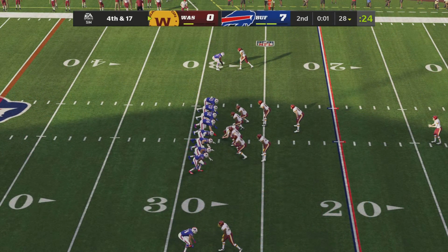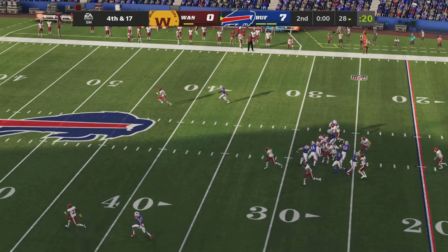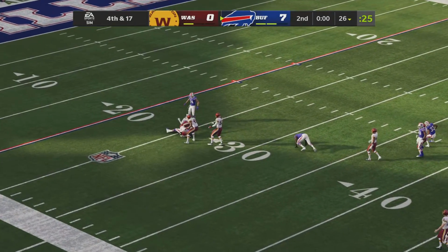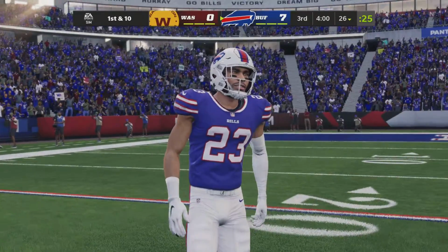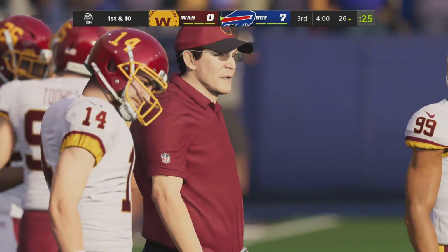Here's Tressway now as he'll kick it away for the 2nd time. His first punt, 45 yards. This looks good as well. So we've reached halftime here in Orchard Park, where the Bills taking the lead into the break. As we'll head down to Orlando, that's where we find our...